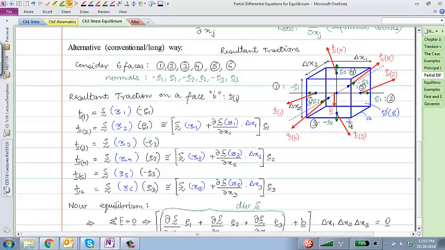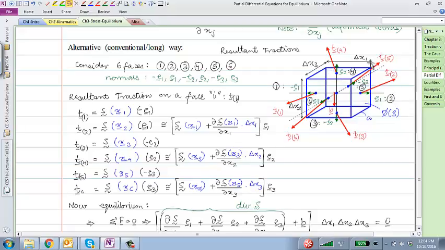So to find the total force acting on all of these 6 faces, I would have to first try to express the tractions on the 6 faces, which I did here. Nothing but stress acting on the corresponding normals. What I'll also do is try to relate the tractions on the opposite faces. So I'll try to relate traction on face 1 with traction on face 2, which are separated by a distance